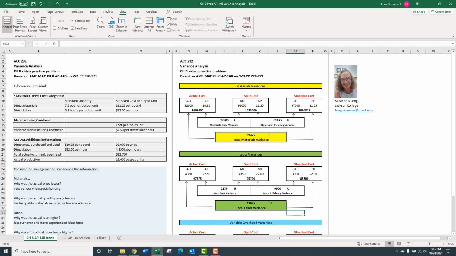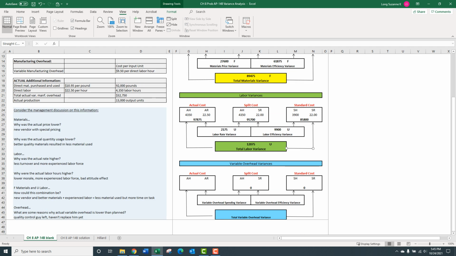And then relatively speaking, look at that, like almost 90,000 favorable versus 12,000. I mean, we're still coming out ahead, so to speak here. Okay, and the last one,